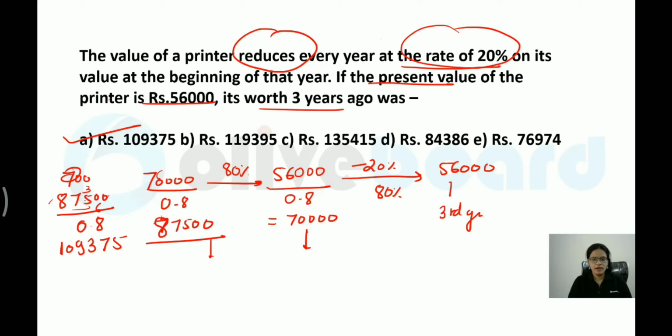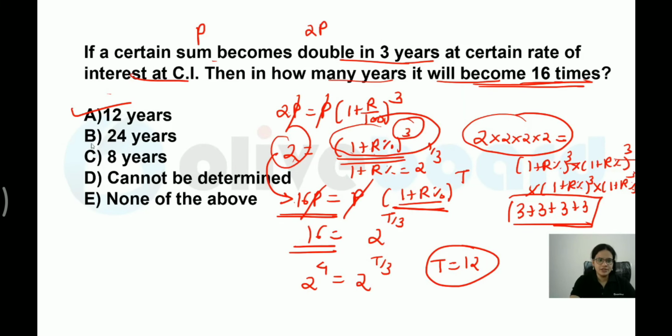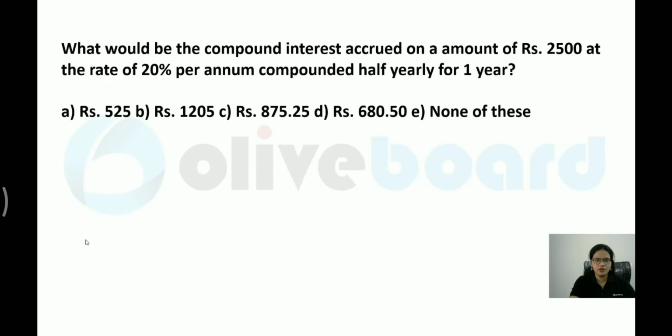So I hope that clarifies your doubt. So yes, the basic formula for compound interest is used in this case as well whenever you are talking about the value of the compound interest. Okay, so whenever you are talking about the value of the population, still the same concept will be used over here. I hope all of you are getting it. Now let us move on to the next question over here.